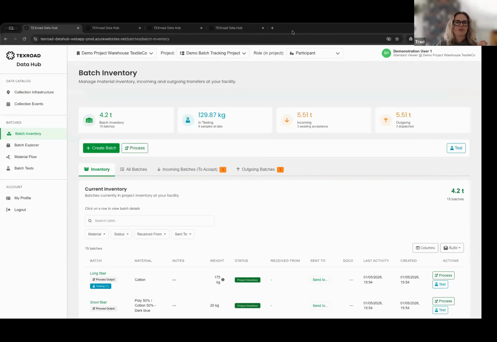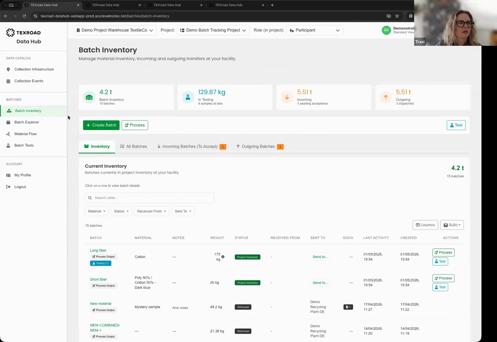So the next use case to consider is the multi-stakeholder project. If you've ever been in one of these multi-stakeholder projects, especially developing new processes and materials flows, you might recognize: I'm a project partner, I'm wasting way too much time digging through emails for materials and testing information. And by the way, making matters worse, I get so many duplicate data requests from different partners or work packages. It's really a drain on my time and resources.